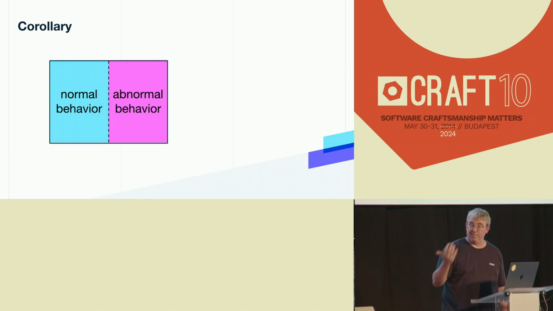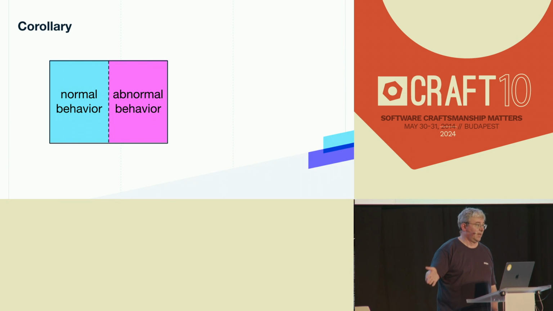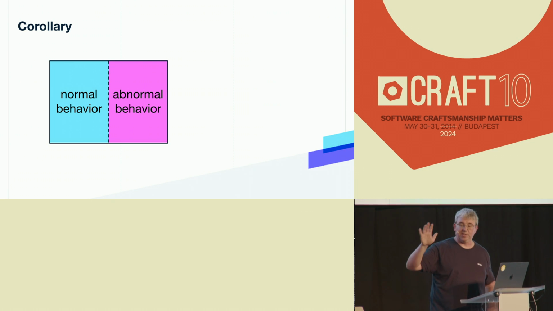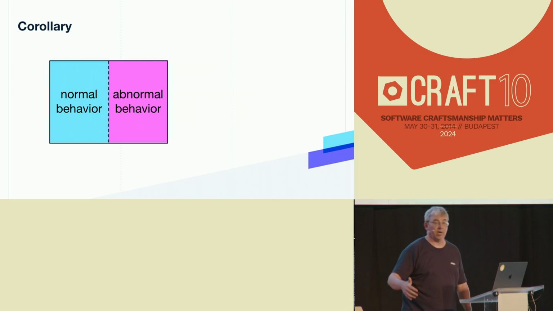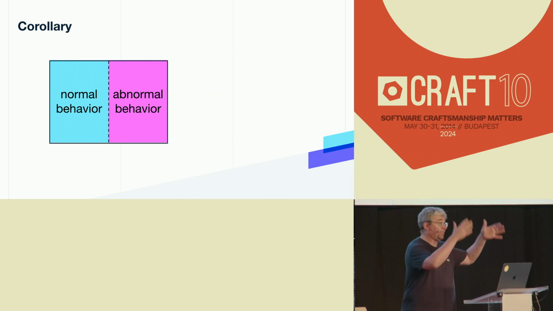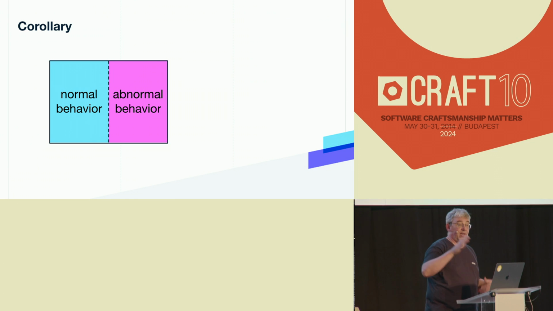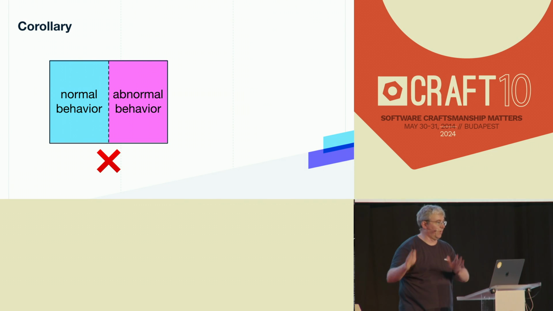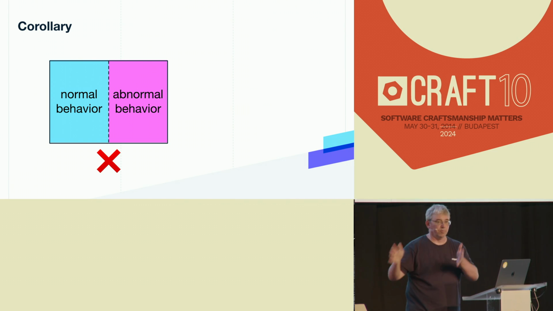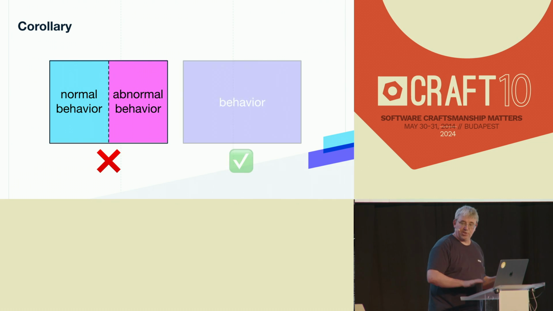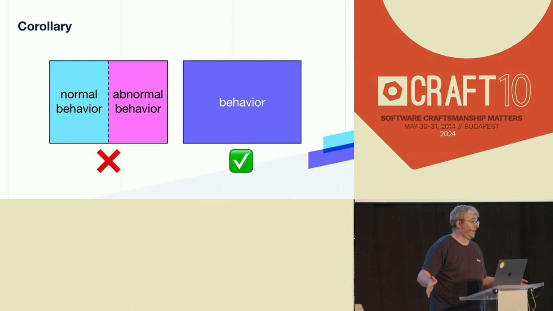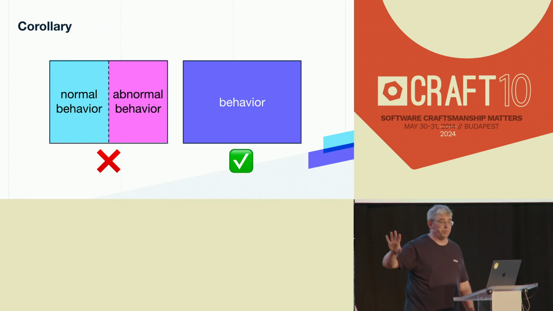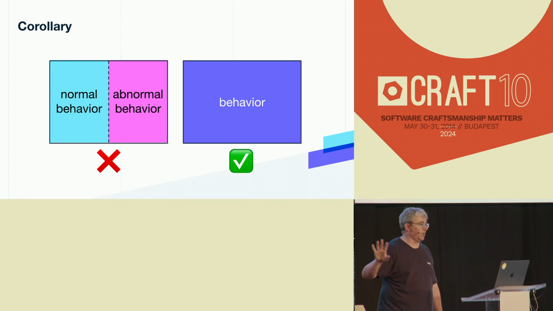And I think part of this is when we build software, we often divide the world into normal behavior and abnormal behavior, right? We've got the happy path, and then we've got the error handling path, okay? Transparent models say that this is not the right way to think about things, because there is no such thing as normal behavior and abnormal behavior, or normal states and abnormal states. There's just behavior, okay? When we start to think about things this way, this is where we get a lot of robustness.